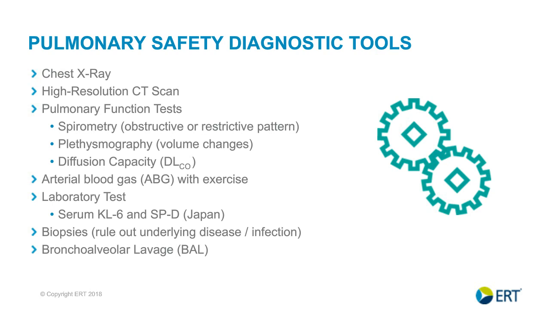Then, in the end, this will lead to abnormalities in the arterial blood gases. So measuring blood gases, particularly in conjunction with exercise, is also a good indicator of a disturbance of the gas exchange. There are some blood tests in some regions of the world, particularly Japan, where there's some experience and also some routine use of specific alveolar leakage or alveolar damage markers, which may be serum KL6 or surfactant protein D, which are also increased in the bloodstream of patients that have alveolar leak or interstitial damage. And then, of course, finally, there are more invasive measurements like biopsies or lavage to really make a definite diagnosis